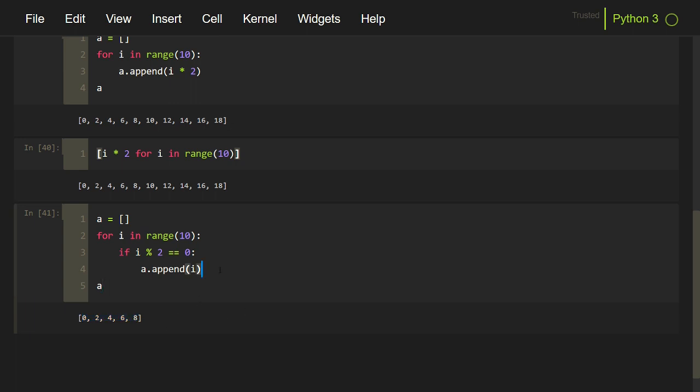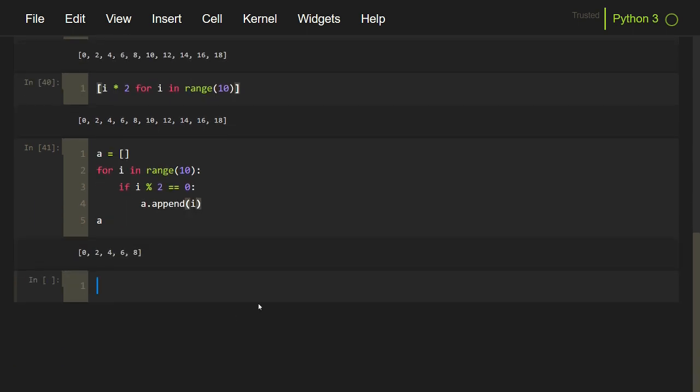Now we can convert these 4 lines into a list comprehension as well. So let's create a list comprehension. Again, we will start with the empty square bracket. We will specify what are the elements that we are expecting. So in this case, it is just i. Then we will follow the order of the lines in the same order as if it is in this cell.